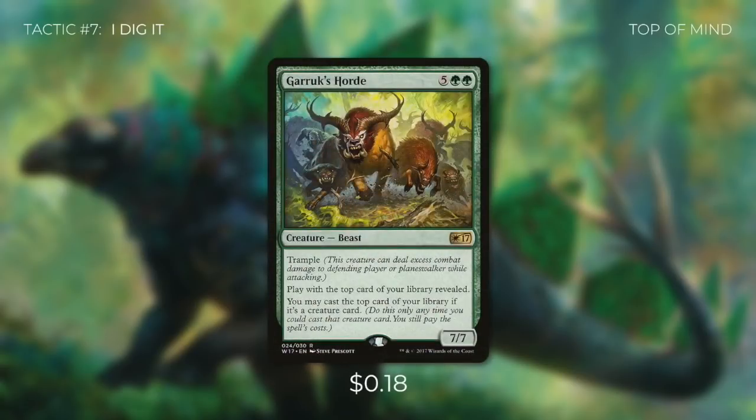And then there's Garruk's Horde, which has play with the top card of your library revealed. You may cast the top card of your library if it's a creature card. The vast majority of this deck are creature spells, so chances are there's going to be a creature on top